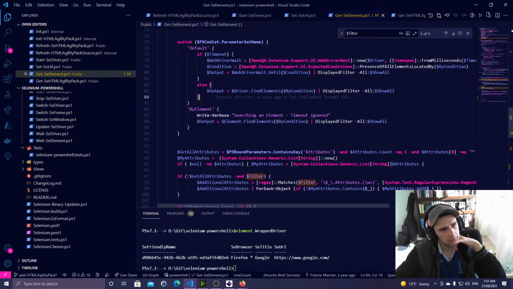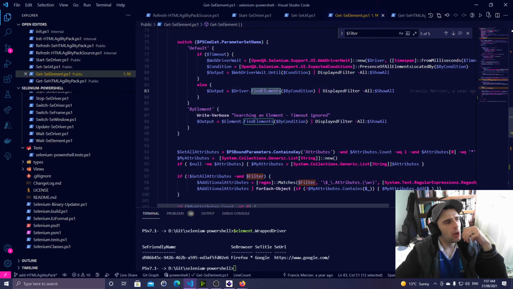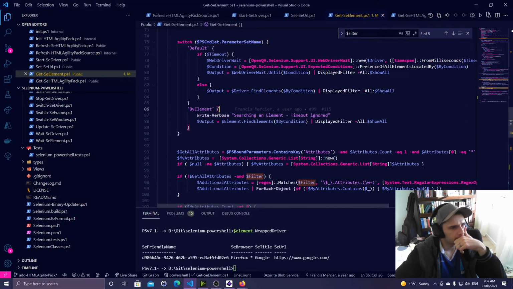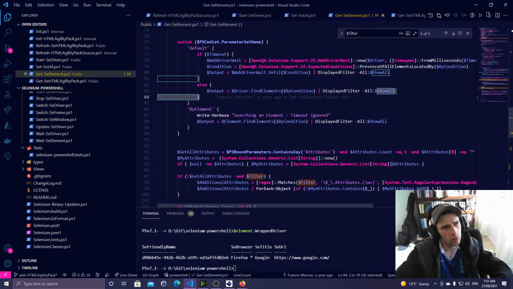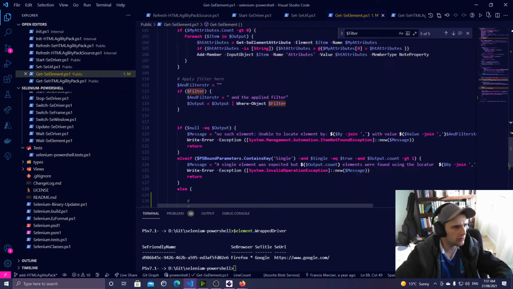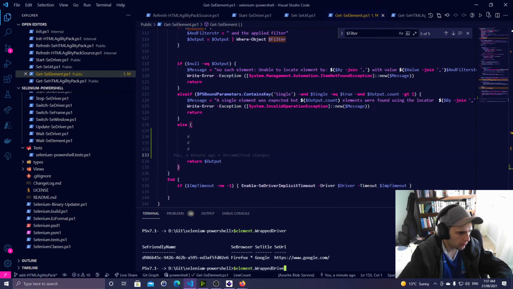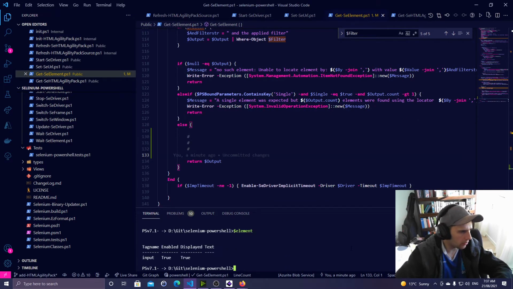So it's calling the method find elements. That's not great. Ideally, what I want to be able to get is the XPath string value out, because then if I can get that, we're pretty much good to go